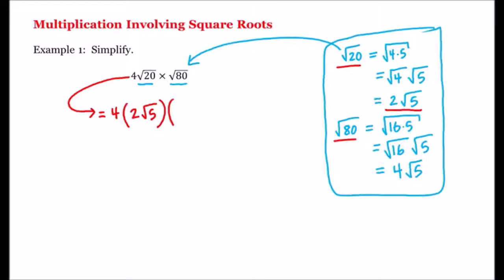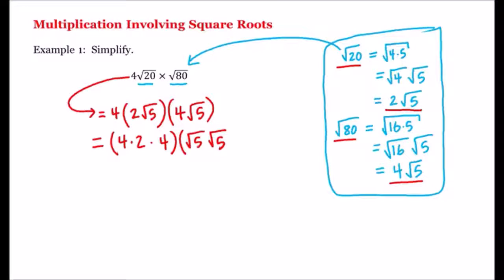And the square root of 80 we just found to be 4 square root of 5. And now by commutativity, we can regroup this multiplication as 4 times 2 times 4, and then times the square root of 5 times the square root of 5, which is equal to 4 times 2 is 8, times 4 is 32,